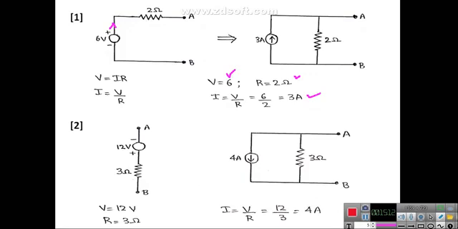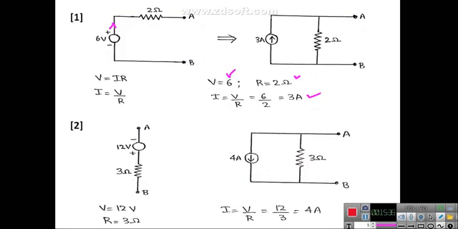Similarly, while representing this network, the voltage source and this resistance will be connected in series. Here also this is the representation. This is also the same. Instead of connecting the resistance here, it is connected here. So these are the terminals A and B. Again, this voltage source will be in series with the resistance. This can also be converted into a current source.